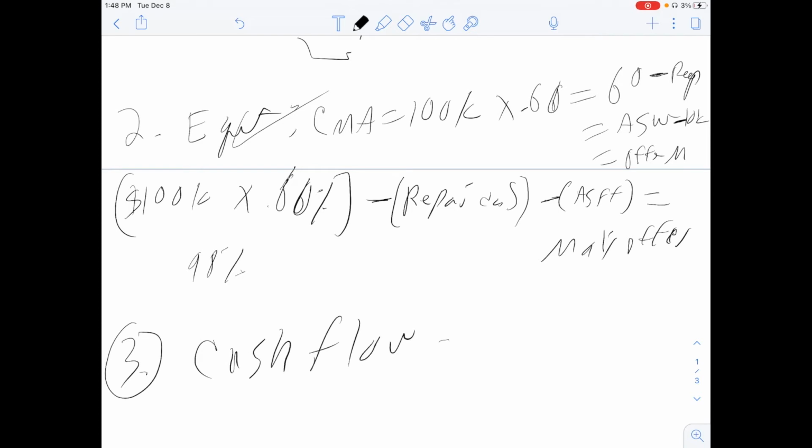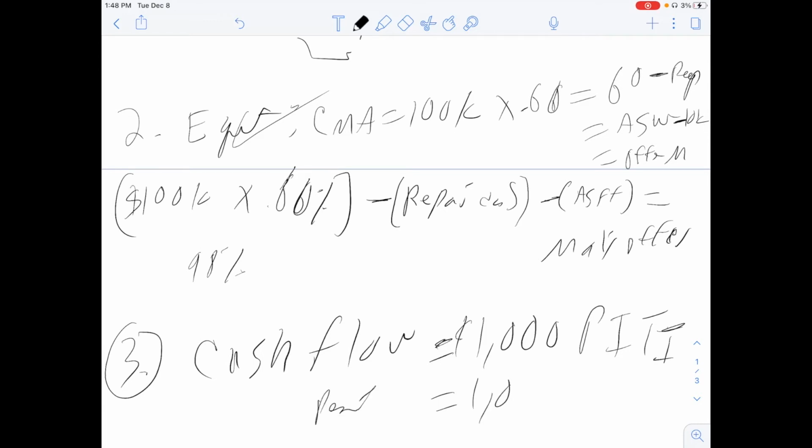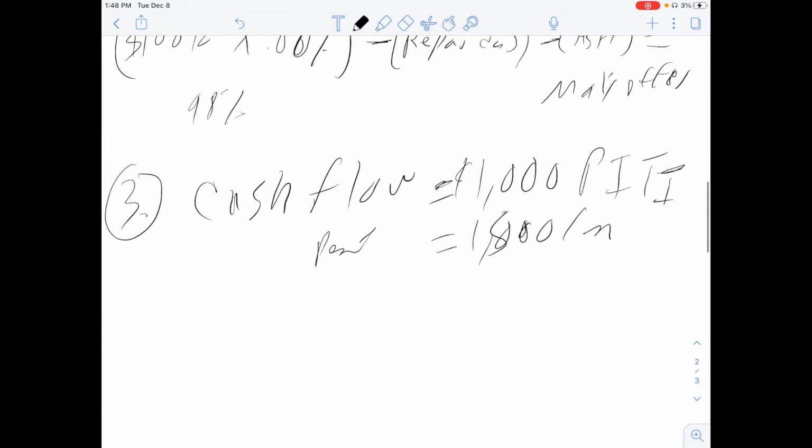All right. The other check factor is cash flow. What that means is that when I look at the seller's mortgage, let's say the mortgage is $1,000 and I pay PITI. And what that means is principal, interest, tax, and insurance. If the mortgage is $1,000, I need to look at the rents in the area and see what the rents go for. If the rents in the area go for $1,500 a month, then you know what?